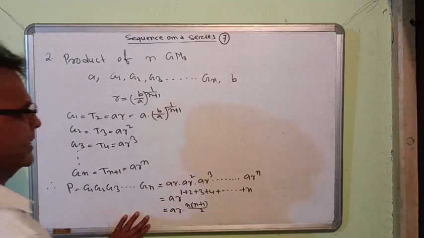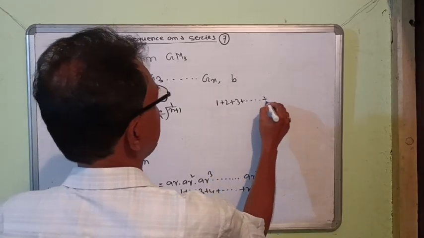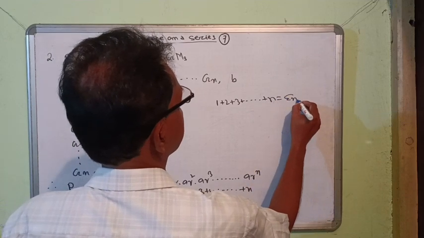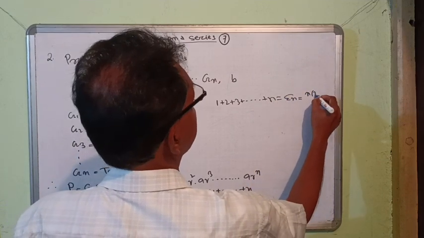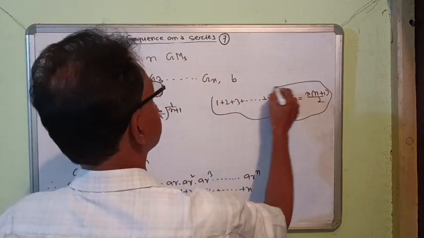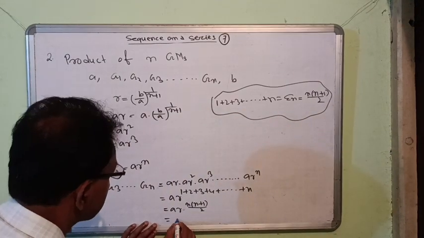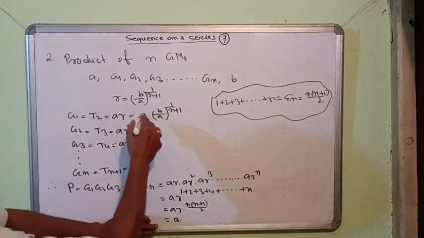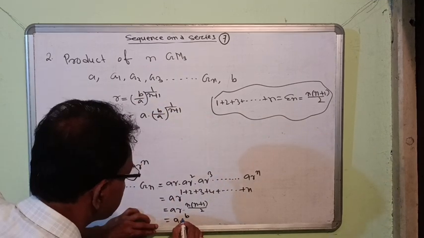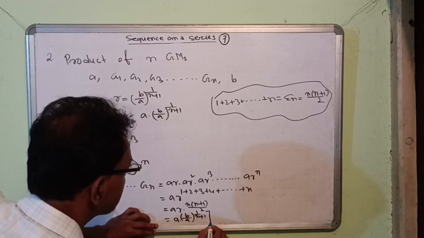That is the sum of natural numbers, 1 plus 2 plus 3 plus ... n, which is n into n plus 1 by 2. That is the concept of the special series, the sum of the special series. Now put R equal to (B by A) whole to the power 1 by n plus 1, whole to the power